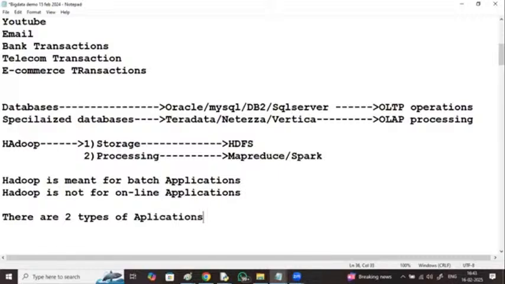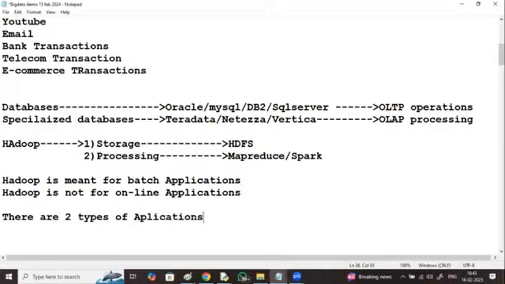Examples of batch applications: railway ticketing PNR status. Currently your status is 200 waiting. After 1 hour, it is 50. Tomorrow morning, it is 100. Tomorrow evening, it got confirmed. It was in the waiting state and automatically got confirmed. The user is in no way involved; everything happens in an automated fashion.